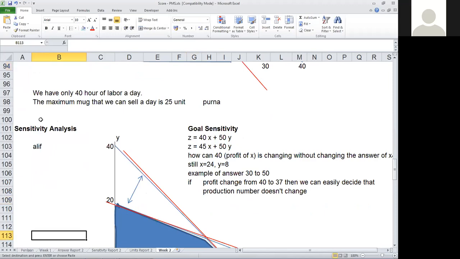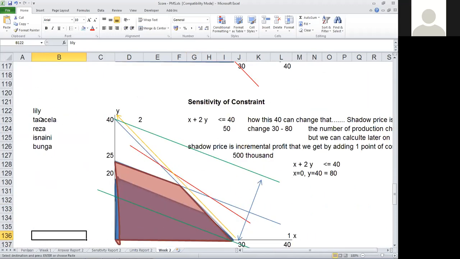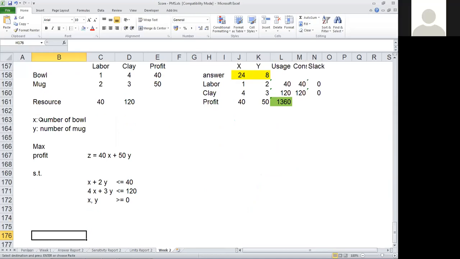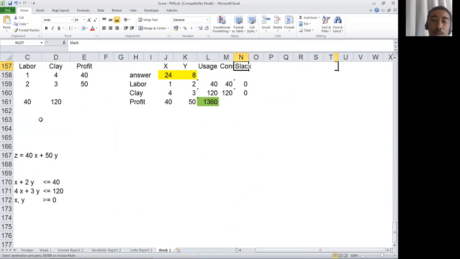What was the assignment, sir? The assignment is to try to apply the computer solution to the minimization case and the complex case that we already discussed last week.